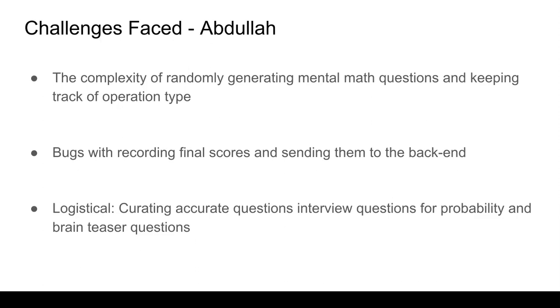Once we create the solution, we had to update variables for number of addition correct, number of total addition, number total correct, and number of total questions, because all of this information contributed to the insights the user was getting on their dashboard. There were also bugs regarding recording the final scores where they were off by 1 errors based